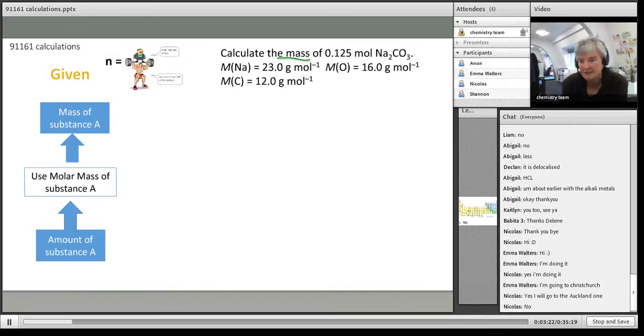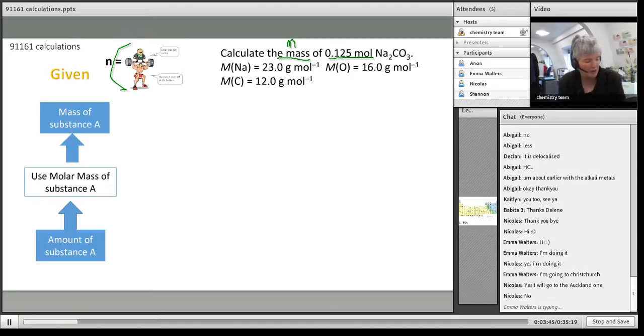So mass is obviously a keyword. We've got to calculate, and you could even write the symbol above it, the small m. I am given 0.125 mole. In terms of my formula of n is equal to small m over big M,